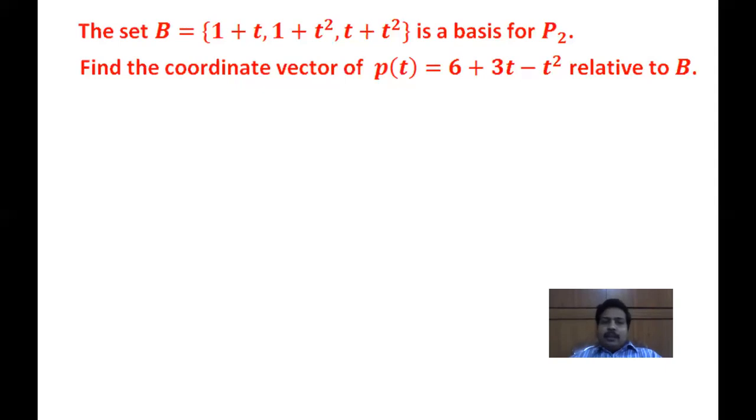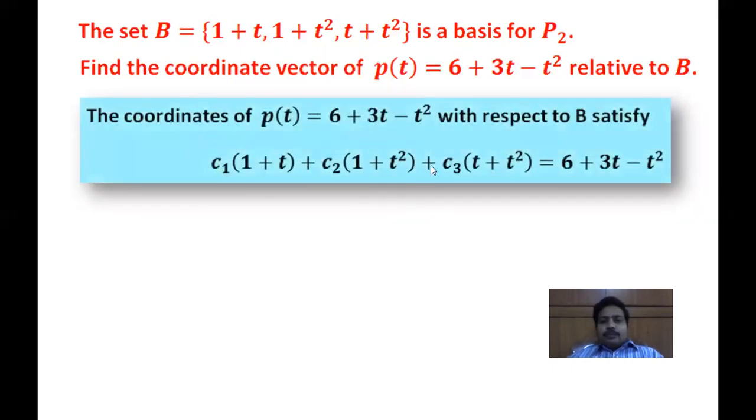But here, we have a different basis. Instead of the standard basis, a different basis B is given to us. We need to find the coordinate vector of p(t) with respect to this B. So first, whenever p(t) is given and it is to be represented in the form of